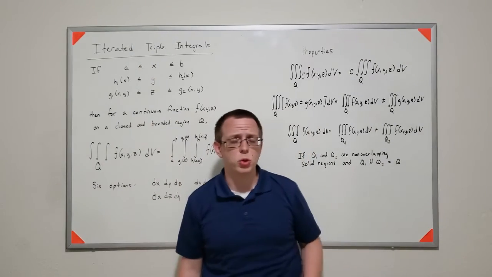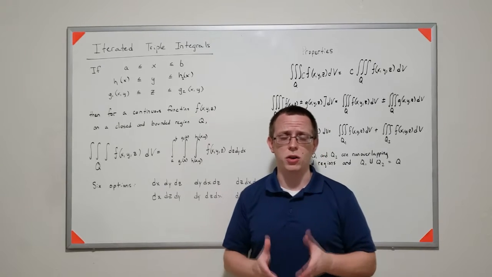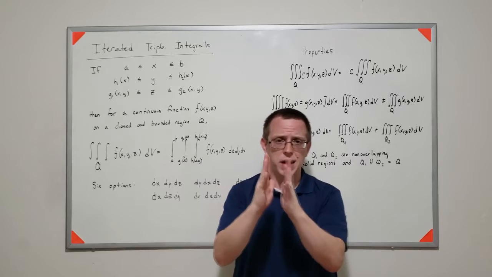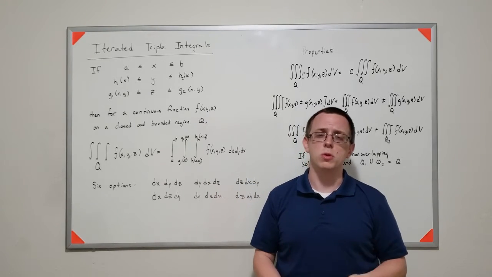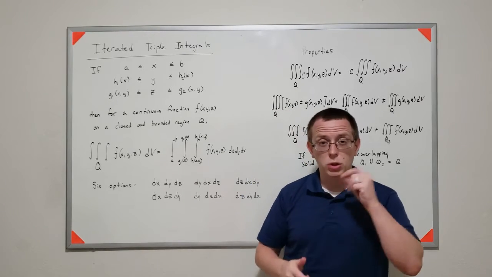Generally speaking, triple integrals are not easy to deal with. We'd much rather deal with iterated integrals because that allows us to solve integrals one at a time and work our way backward. So how do we do this in triple integrals? Well, it turns out that it's very similar to the way we did with double integrals, but there's an additional